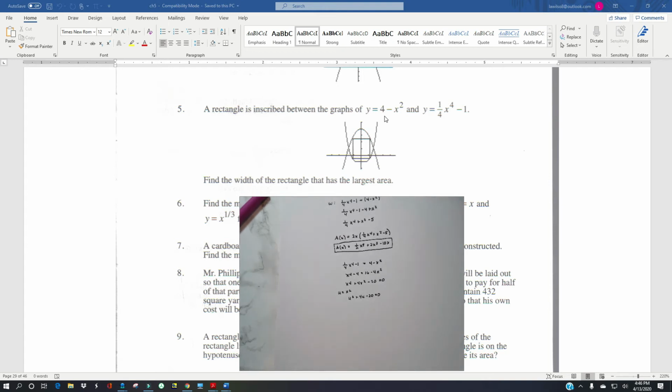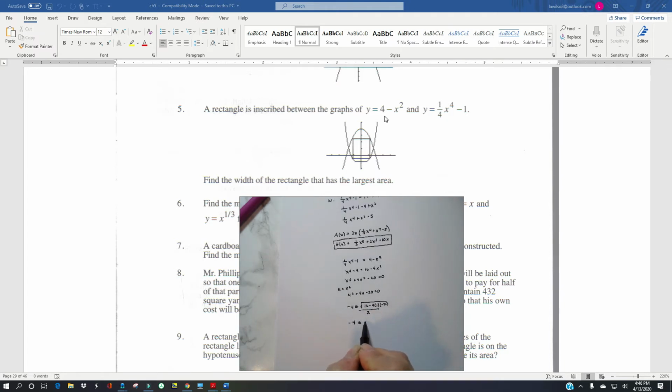That's going to go in. It didn't change anything, but I just want to show you. Alright, so anyway, we got -4 plus or minus the square root of 16 minus 4 times a times c over 2 times a. That's going to be -4 plus or minus 16 plus 80